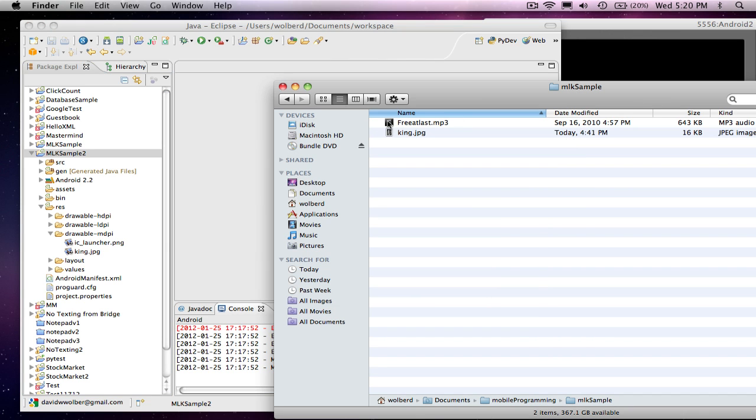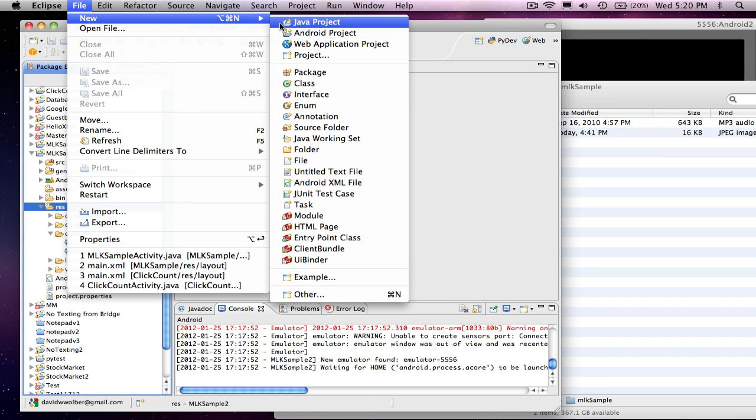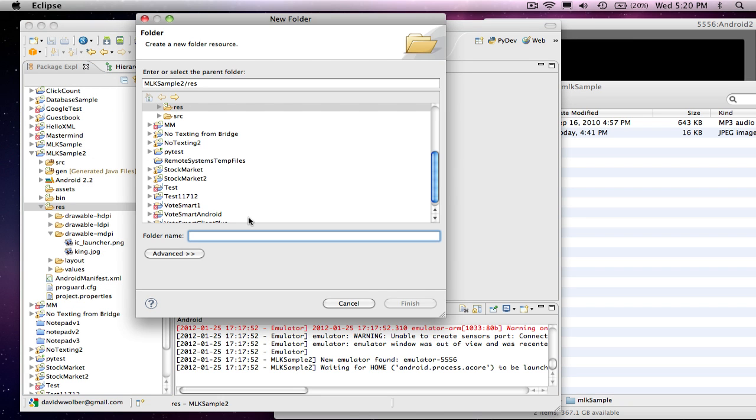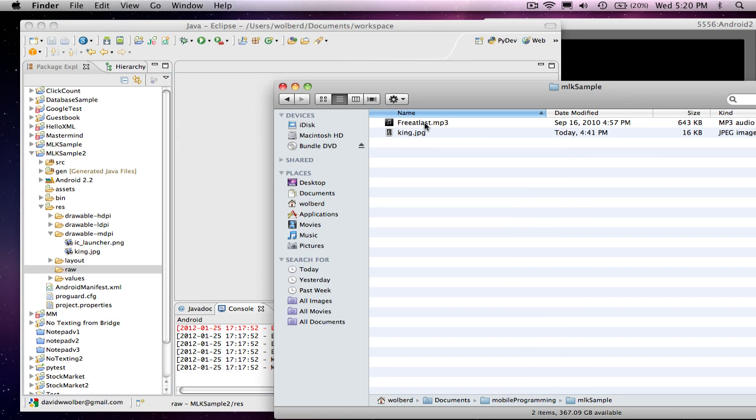I also need a sound file. Now, for sound files, what you want to do is build a subdirectory of res. So I'm going to create a new subfolder, and I'm going to call it raw. So you want to create a subfolder called raw, and there's raw, and it's within res, and that's where I'm going to put my